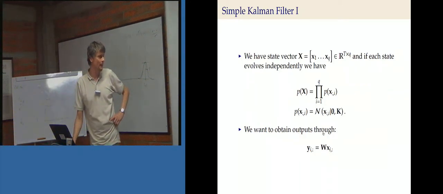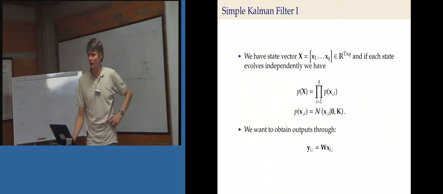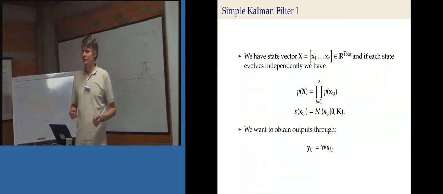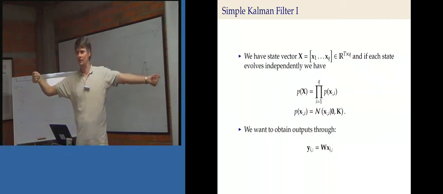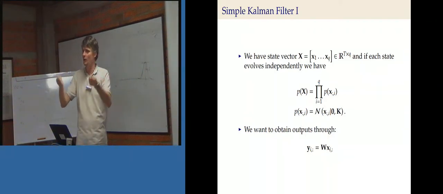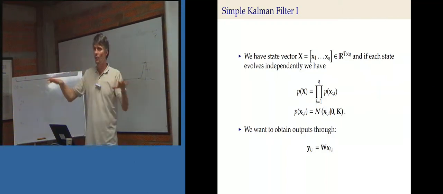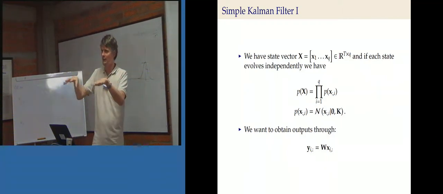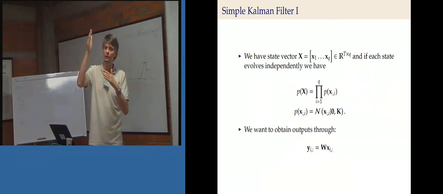Now, if we want to obtain our outputs, what we're going to do is we're going to say that the observed output is linearly related to those processes. So in other words, what we're saying about your heart rates is you react to these different things in a different way. Some of you are listening to the power drill outside, and that's affecting your heart rate more. Some of you are watching the slides, and that's affecting your heart rate more. But we expect your heart rate to be affected as a linear combination of these 4 different independent processes. And of course, because once we've fitted that model and worked out how that all interrelates, we can start cross-predicting about your heart rates, because we know that you might be affected by the